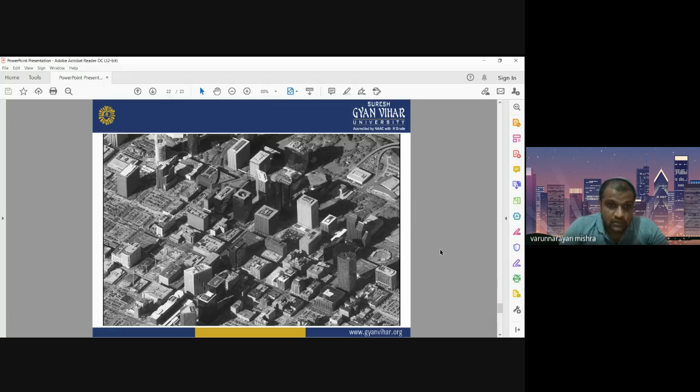So these kinds of satellite images are available in the market, but they are not freely available. You have to purchase them for working on them. But you can see the details. It's a very beautiful image, and it can be considered a photograph also. It is an image, but it's similar to a photograph with good details.